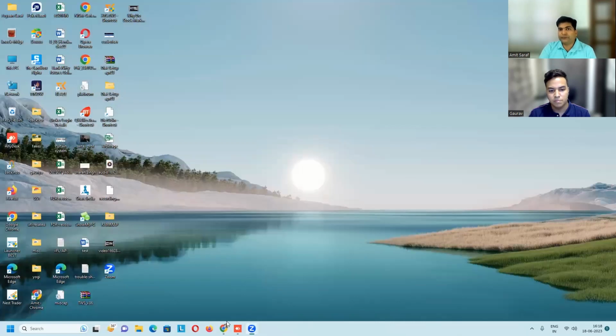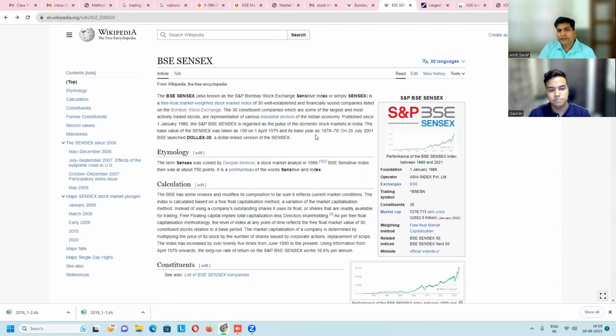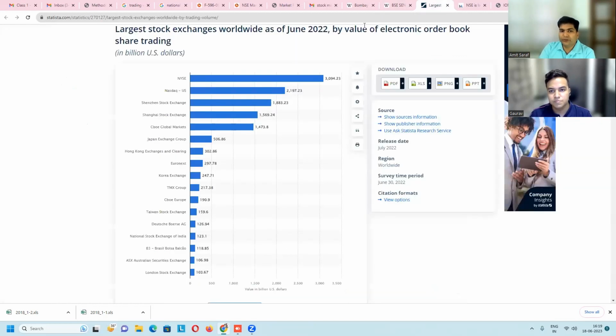So next I show you this another window. Sensex. We have already discussed how it is calculated. So now I tell you where India stands in terms of the size of the markets. We know that India is the third largest economy in terms of purchasing power parity, and fifth largest economy in terms of US dollars. So let's take it as the fifth largest economy for the time being.